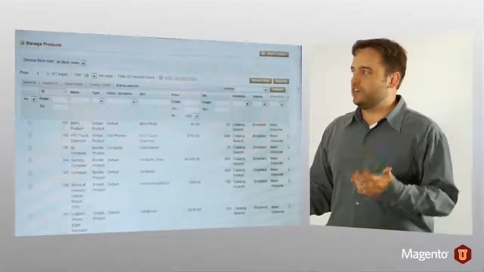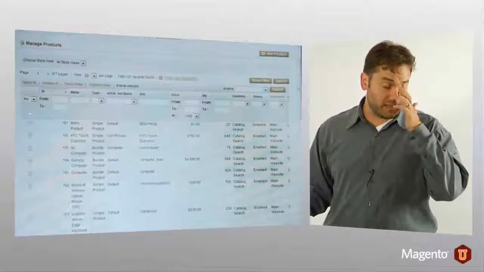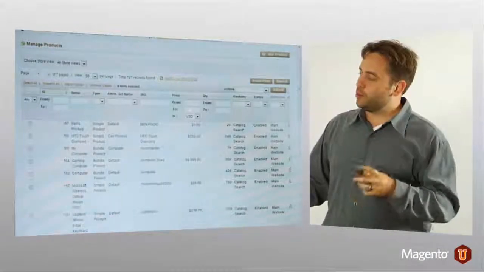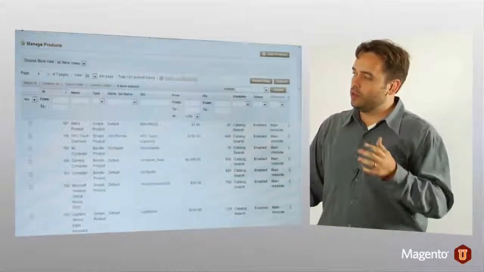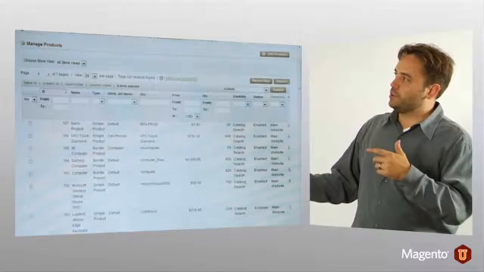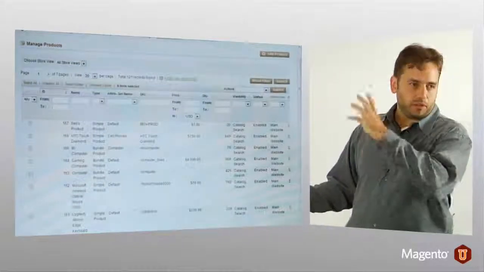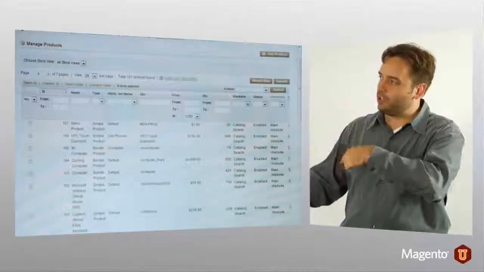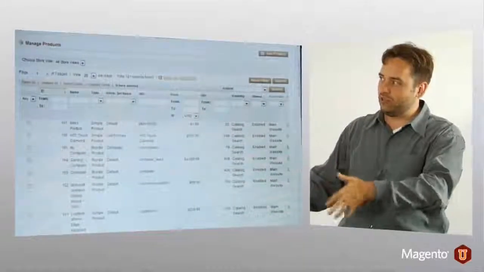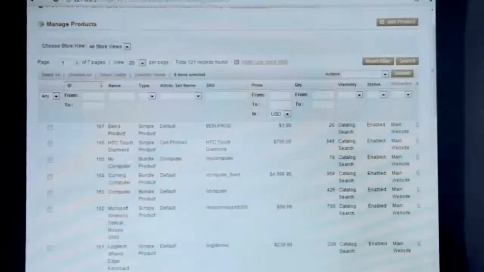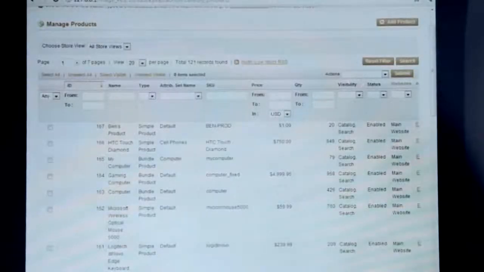Earlier in one of the slides we saw set save parameters in session. What that means is, if that's true here, then once I hit search, the filtering parameters will be saved in my session, and that way I can bounce around to other areas of the admin, or I can go and edit a product, come back, and I'll still have that same filter in operation. So I have filters and sorters, these are the sorters up here,